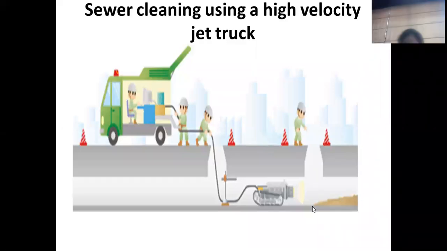and through another manhole they can again operate. These are the two manholes, and the instrument is passed through one manhole and can be monitored in the other manhole, and they are pushing that material. Debris particles are being pushed from this portion to this portion. Now again, if this pipe is sufficient to push, best, otherwise they can remove it and insert it through another manhole, and they will push it further ahead, and that sewer line will get clear. So see this figure once again clearly to understand it better.